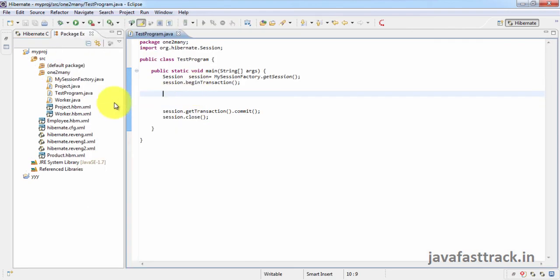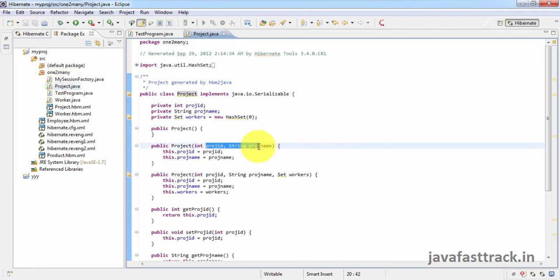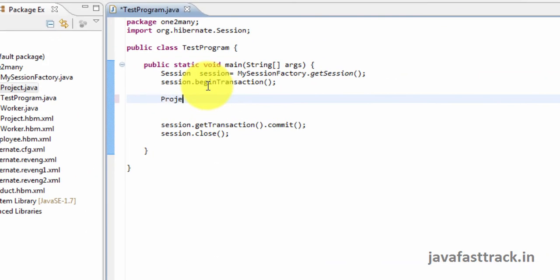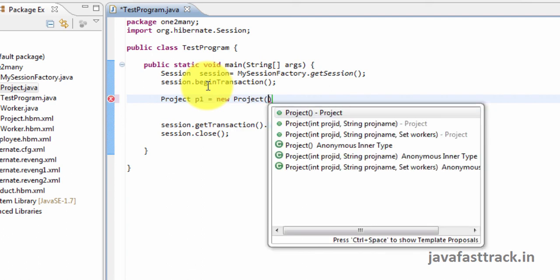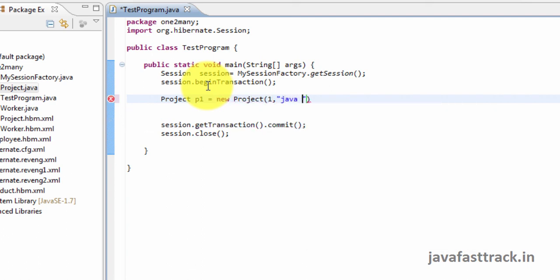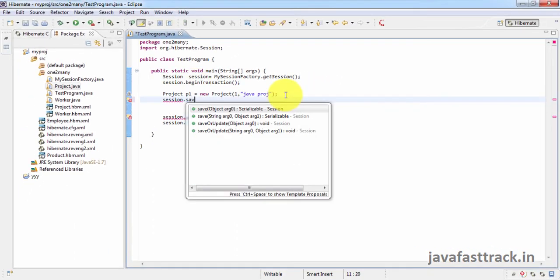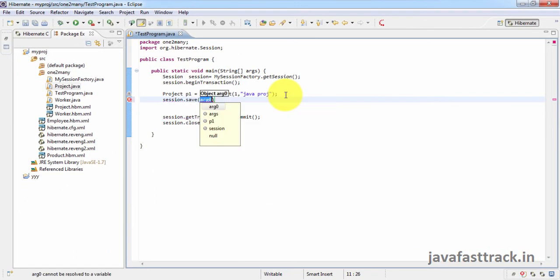We have the project class with some constructor, project ID and project name. Based on that, I'll try to create the project object. We save the project object.